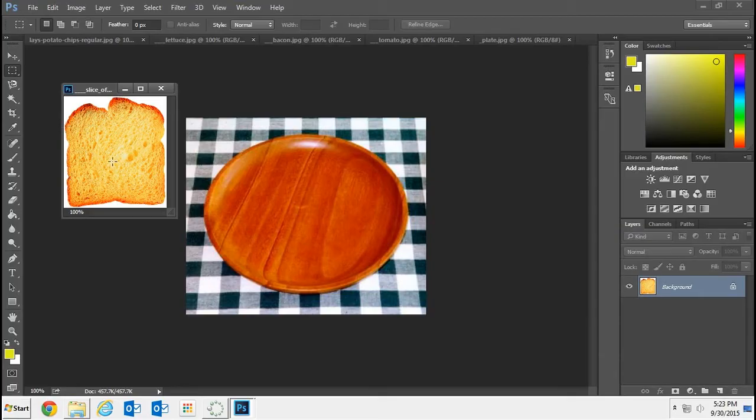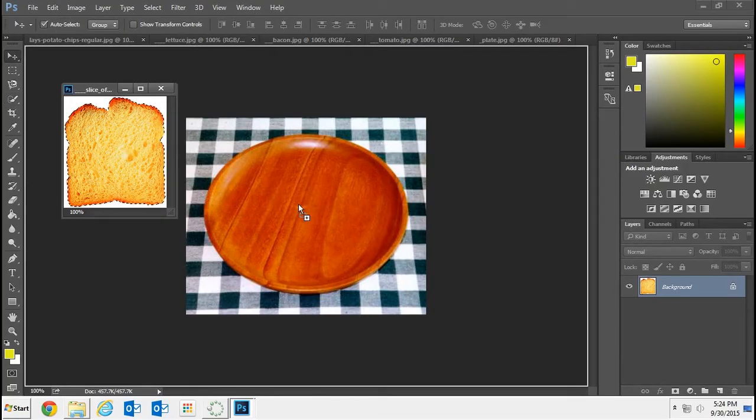And then you're going to select the bread. There's two different ways to select. I'll show you. The first one, I'll use the quick selection tool, which we've already used in class. With the quick selection tool, you just drag it around on what it is you're trying to select. And we'll get the bread selected there, and then we're going to drag it over to the plate by holding down Control and Alt, getting our move tool, hold down Control Alt, and drag it over to the plate to